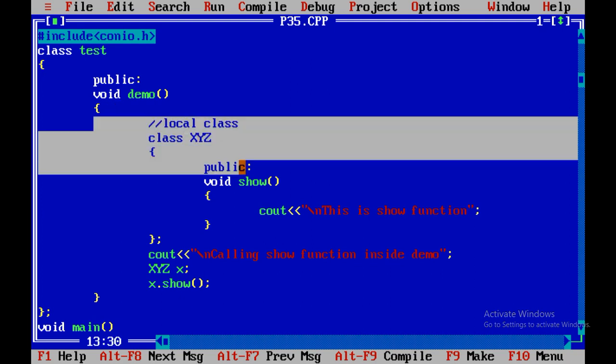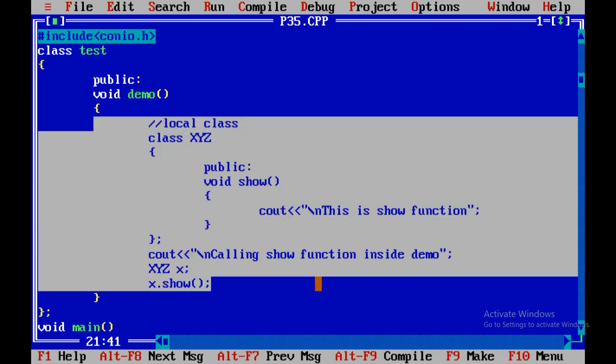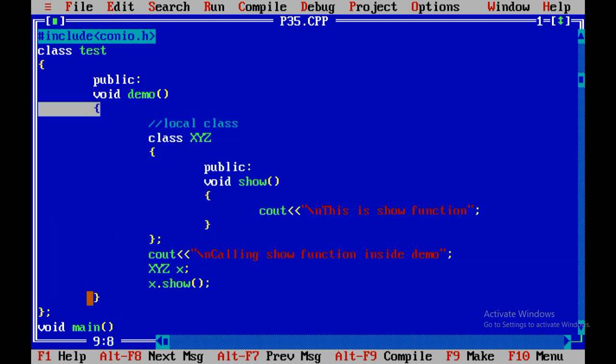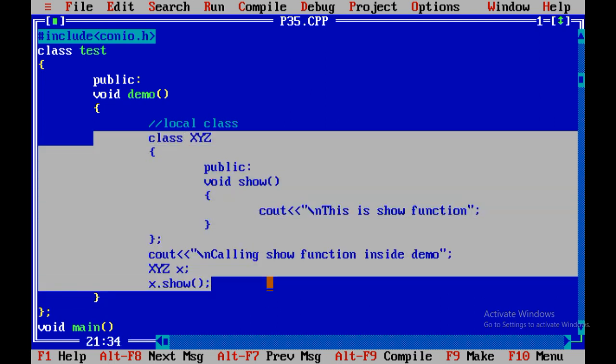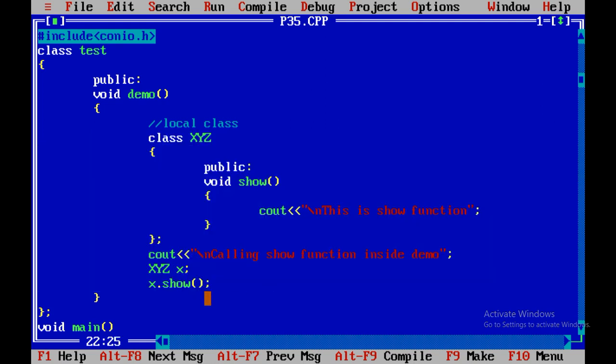See, the life of class xyz is up till the life of demo function. Why? Because after completion of demo function, the class is deleted, or we can say the class is erased from the memory. But the execution of the local class is important.